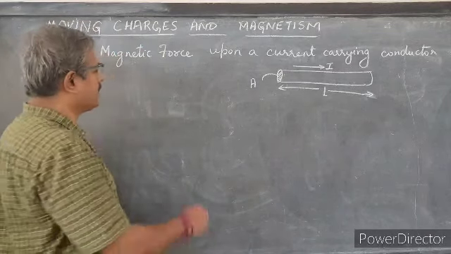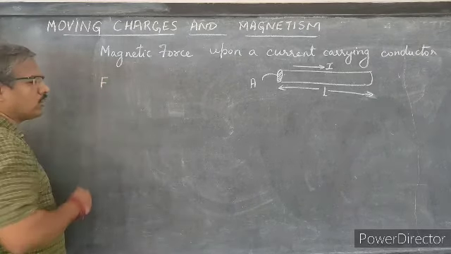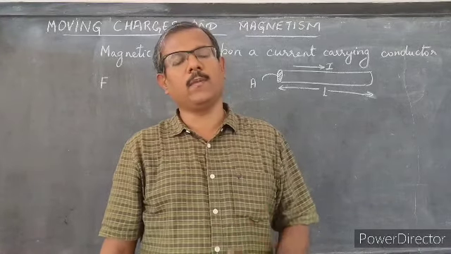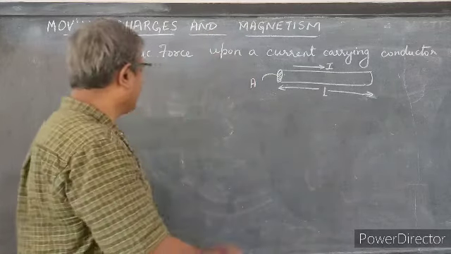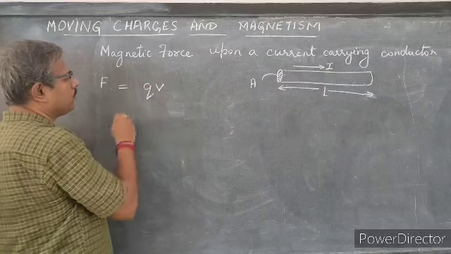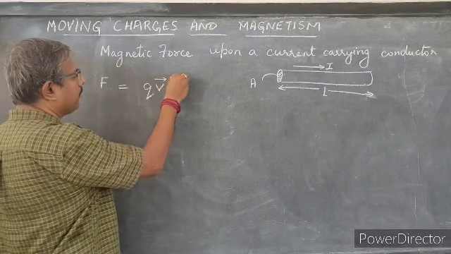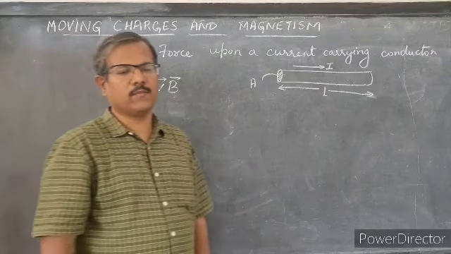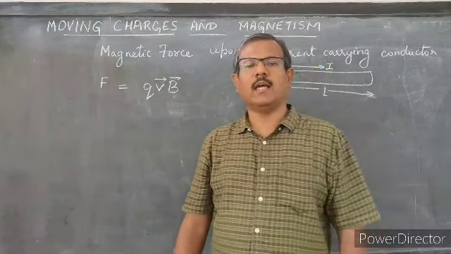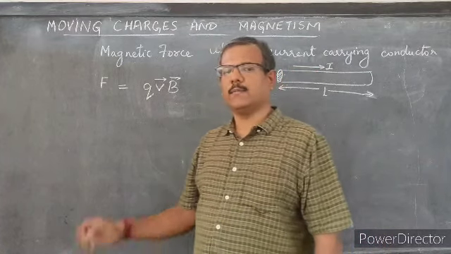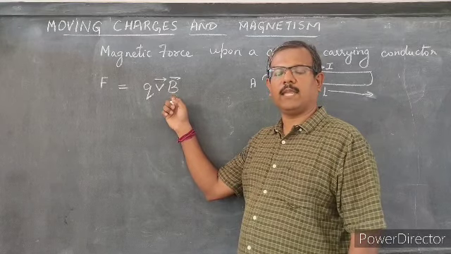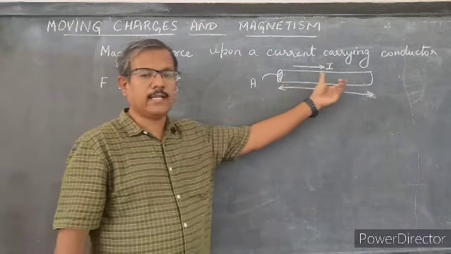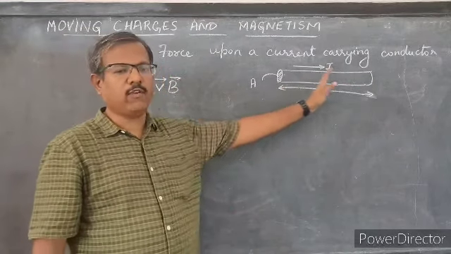Now, in our previous discussions, we discussed what would be the force felt by a single charge which is moving with a particular velocity through a magnetic field, and that was given by Q, V cross B, where V and B are vectors and Q is the charge of the charge carrier that is moving through the external magnetic field with magnetic intensity given by capital B. Now, to use the same thing and apply it to an entire conductor which has current I flowing through it,